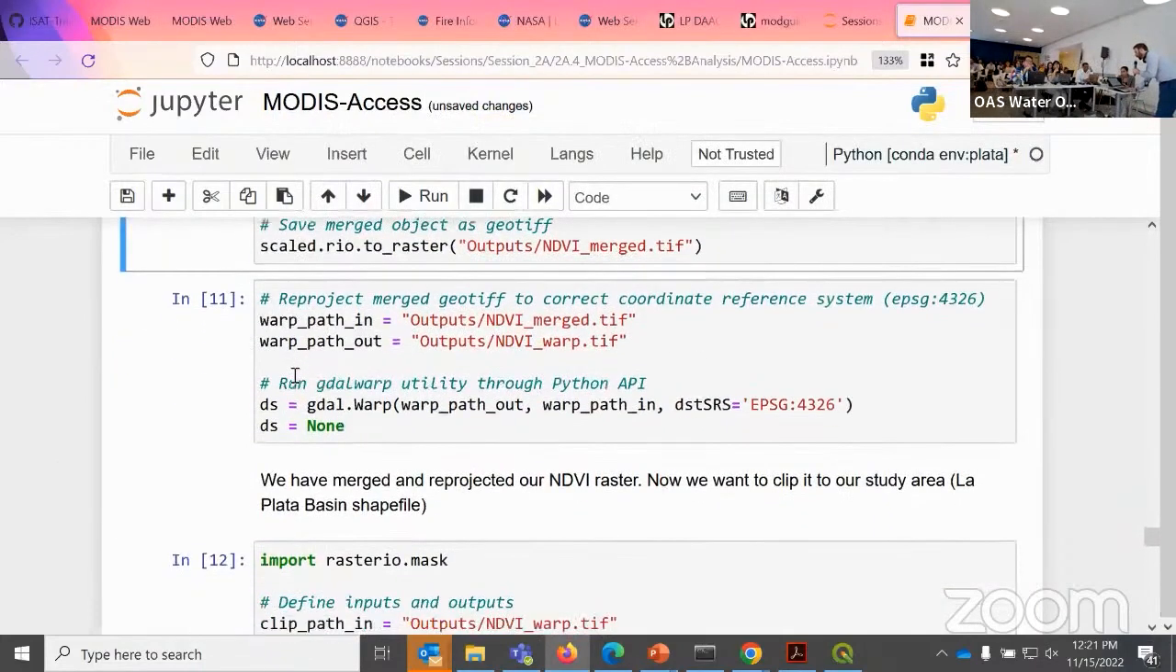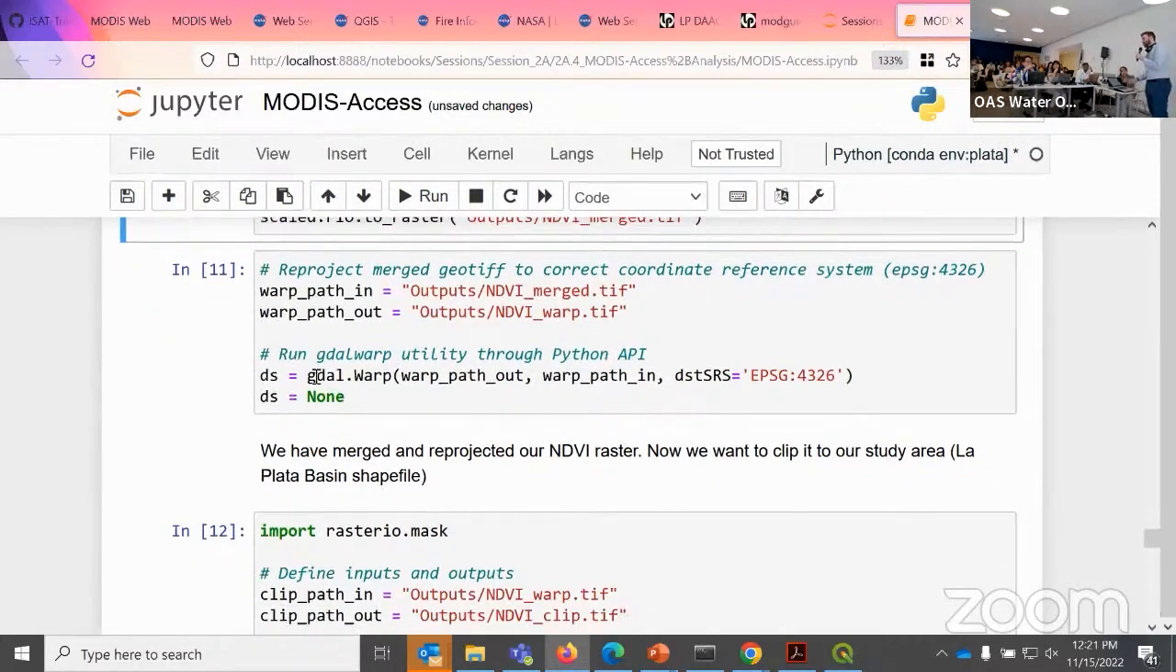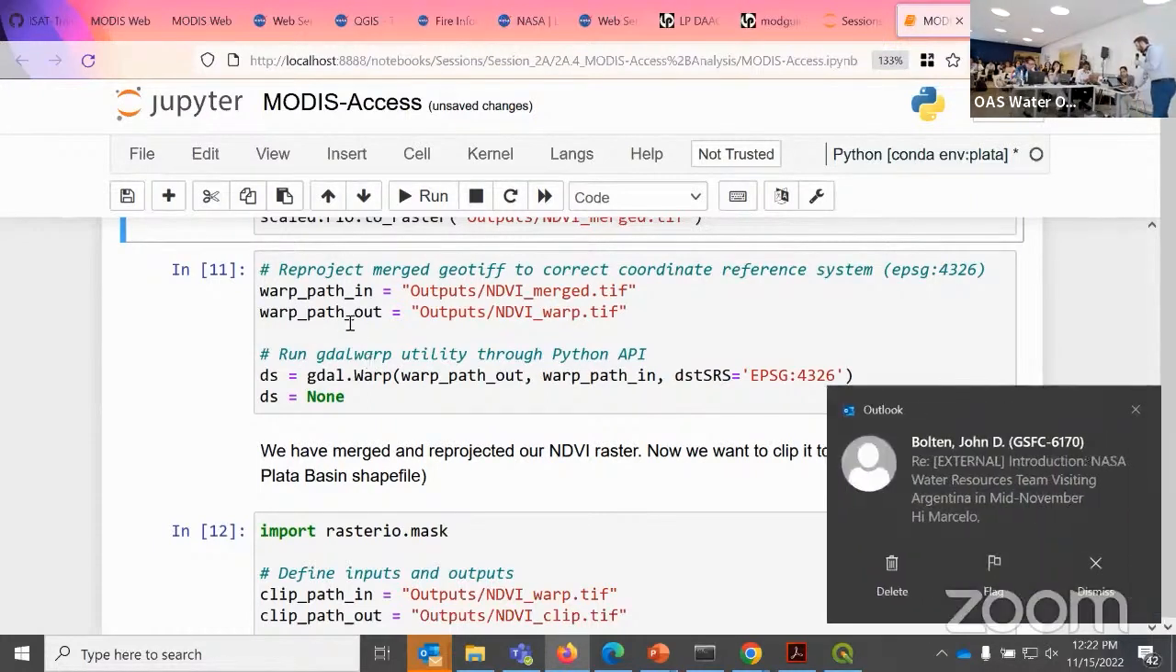We are then going to reproject it. All that means is we're just trying to get into a format that can play nice with the rest of our data. So this is using a utility called GDAL, very common geospatial utility. Someone wrote a great Python package for it, and now it's as easy as one line, right? So we're taking our merged file that we just created. We're creating a new file called NDVI warp. And to run this,